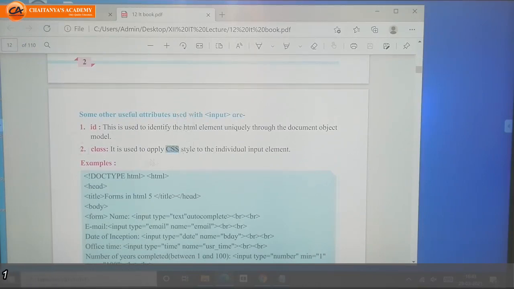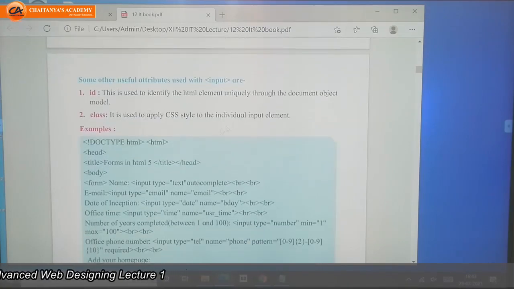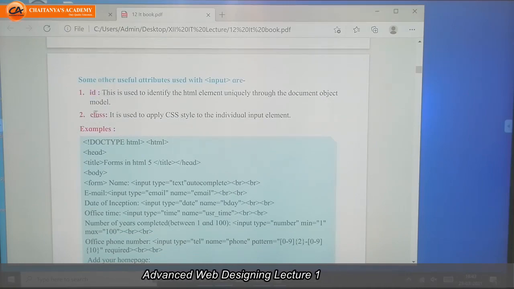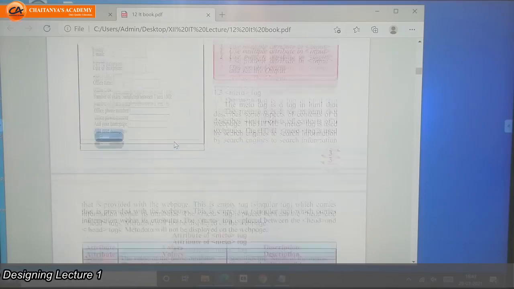The class is also for an individual input element. If you want to apply any CSS style, then we can use this ID as well as this class. We will learn in the next chapter.